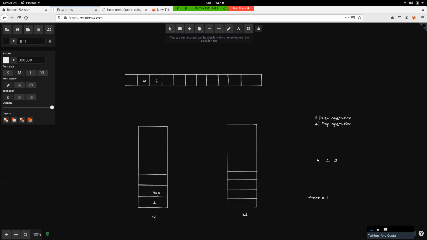We empty all the elements from this main stack and insert them in the temporary stack again. So again the temporary stack becomes 4, 2, and on top of it we insert 3, right? And this is popped out from here, so we pop it out and insert it in the temporary stack.